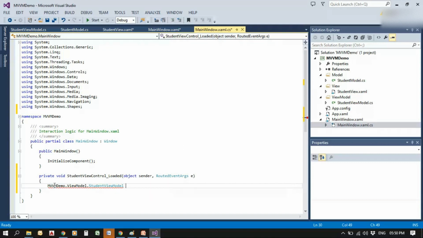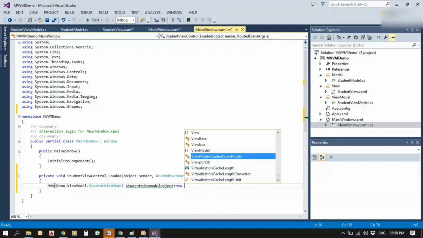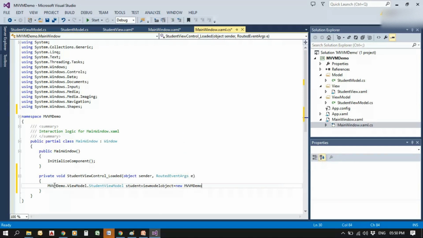StudentViewModel, and we can create an object for this view model, which is a StudentViewModel object. You can give any name for the object. So viewModelObject equal to new MVVMDemo.ViewModel.StudentViewModel.